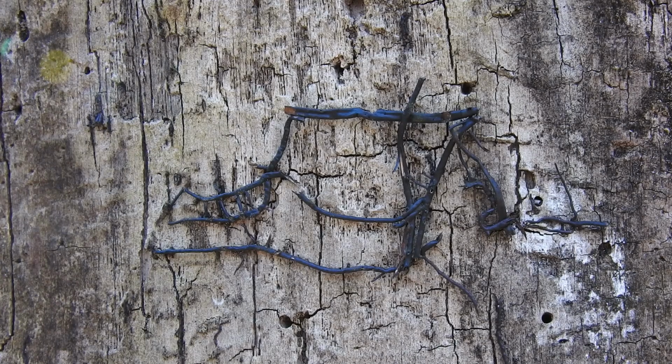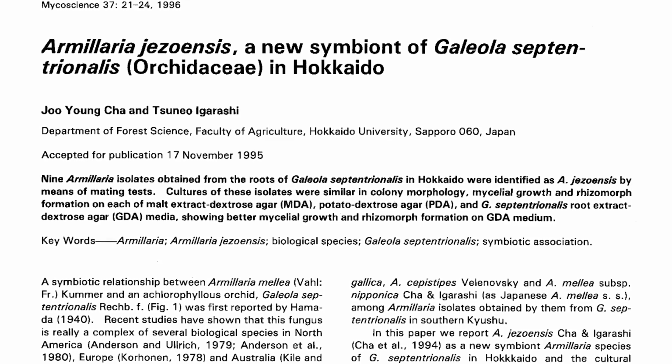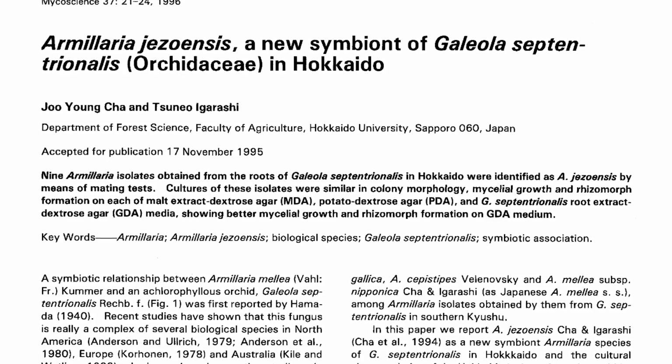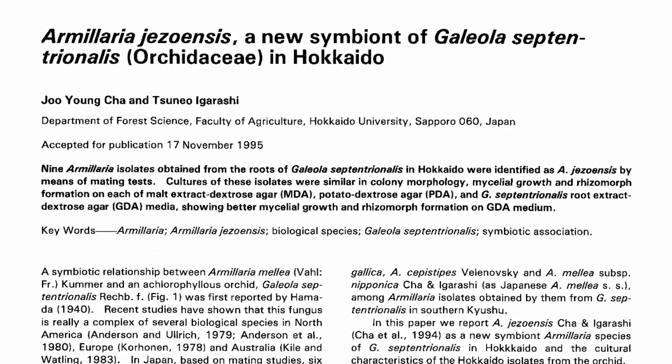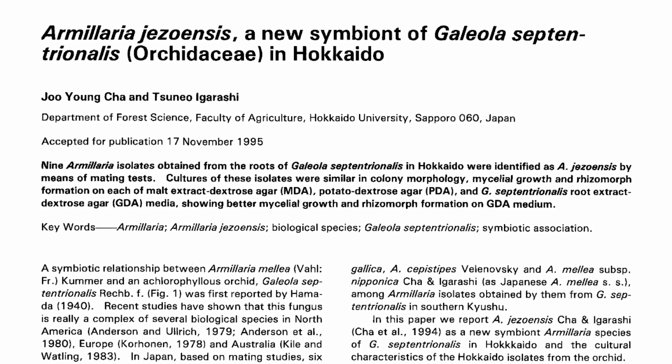And perhaps most interesting of all is that some Armillaria species are important mycorrhizal symbionts, notably with orchid species. So Armillaria is an incredibly diverse genus, at least ecologically speaking, as it fulfills multiple roles depending on the species of Armillaria and depending on the environmental situation. But for our discussion today, we're mostly interested in the pathogenic role of Armillaria.